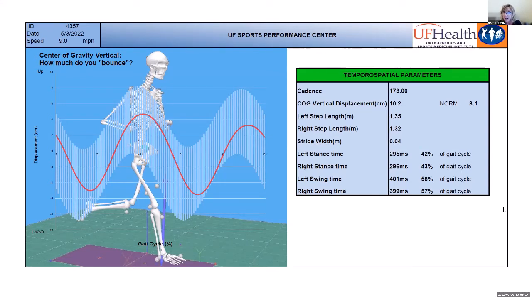That's a fancy way of saying how much do you bounce. We track that about where your belly button is, so how much does it bounce up and down every time you take a step? Then we look at your step lengths and your stride width. For step lengths, I look at symmetry. Just like walking and running, your left and right sides really should be doing the same thing, assuming everything is anatomically aligned and correct, with no weird issues with leg lengths or anything like that. We're looking for symmetry. So when I scan down this page very quickly, I can see Brady's cadence naturally,